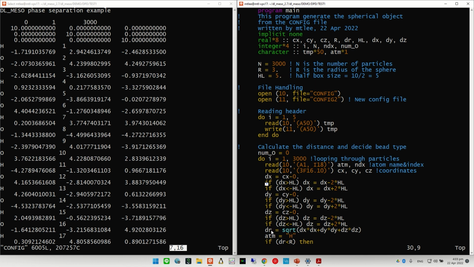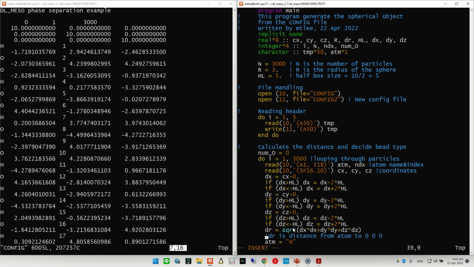And then dr equals dx squared plus dy squared plus dz squared, right? dr is the distance from the atom to 0, 0, 0. This is the R.